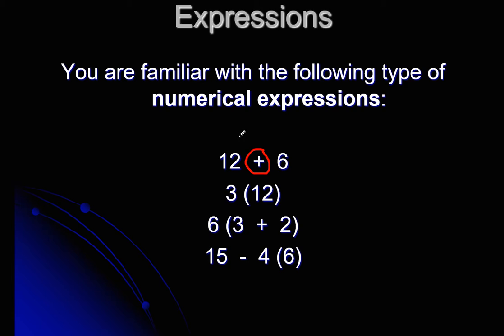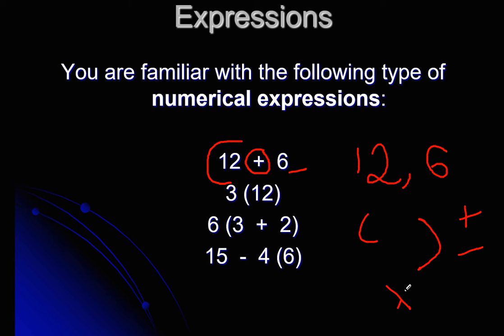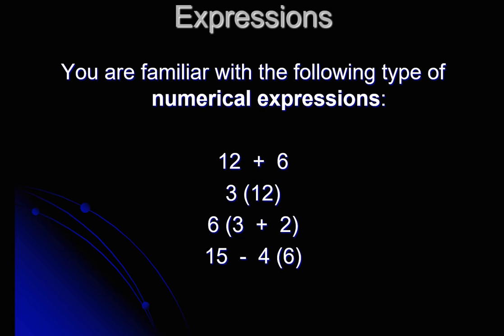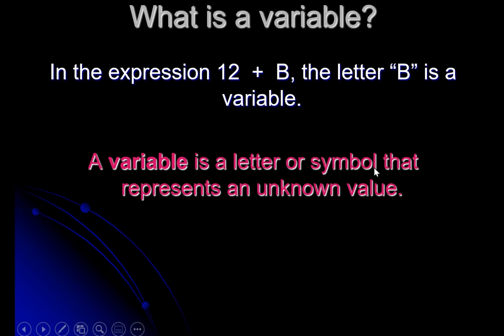Here, if you check 12 plus 6, 12 and 6 are nothing but constants, because you can't change the values of 12 and 6. In between the constants we use brackets, parentheses, or different operators, let's say plus, minus, multiplication, division. When we write one expression having constants, variables, or operators together, it is known as an algebraic expression. Now we are going to move to the next slide.